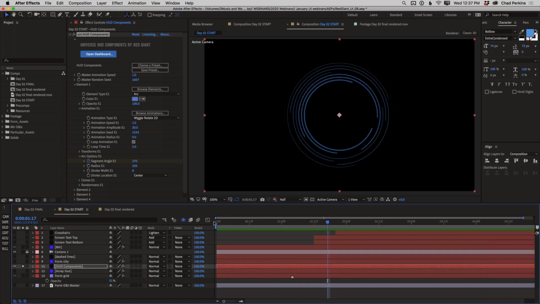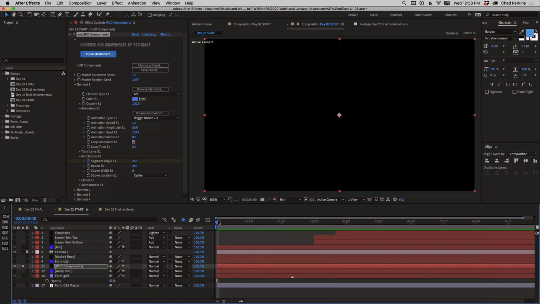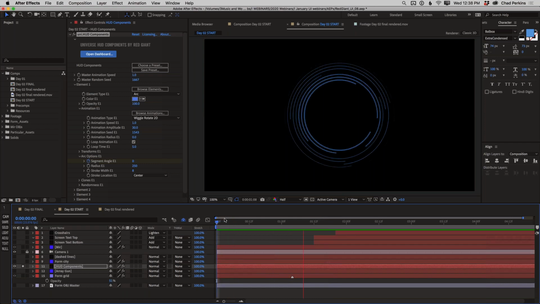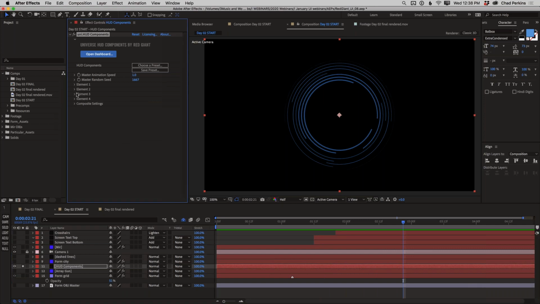Also, I did say we wouldn't be setting any keyframes, and I totally lied, and I'm really sorry. I forgot that we're going to animate it coming on, and we set keyframes for that. But all the movement is keyframe free. So there's that. And so another thing that I did is I went down to element 2, and I created